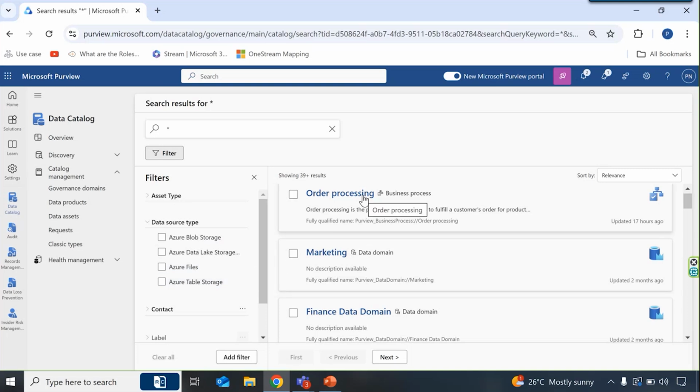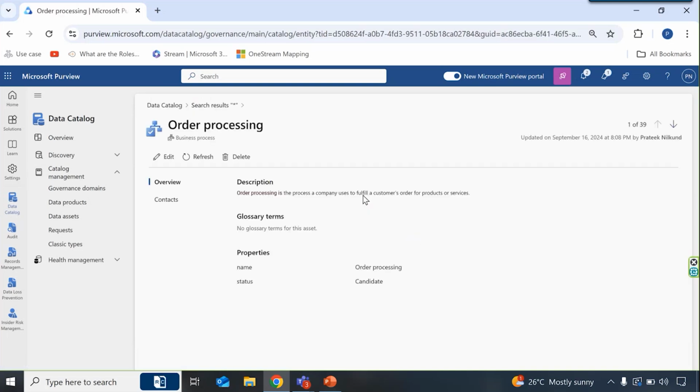So if I were to click on order processing, we discussed earlier during the webinar that you can search for different assets and at the same time understand them better by the context or the metadata or the attribution it has, right? So for example, order processing is an asset which has been described here, so we can understand the description for it. There are no terms currently added for this particular order processing,